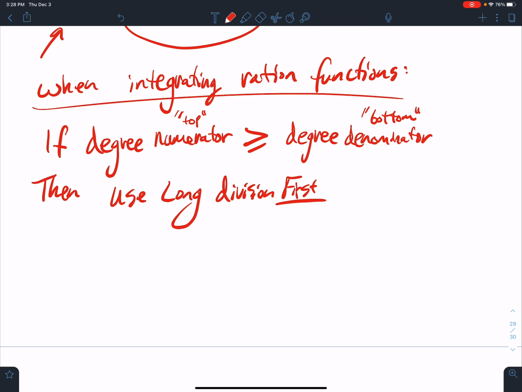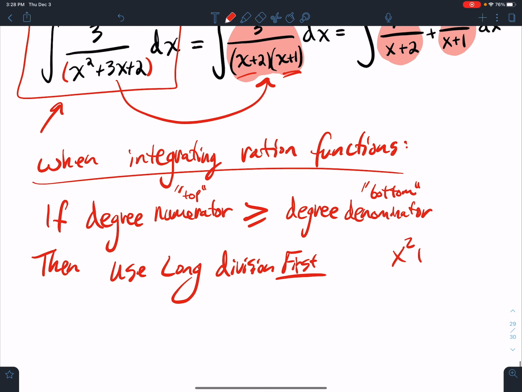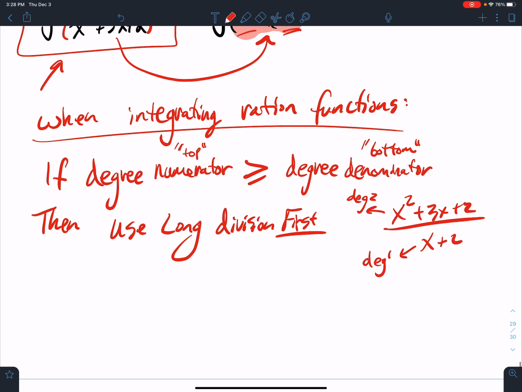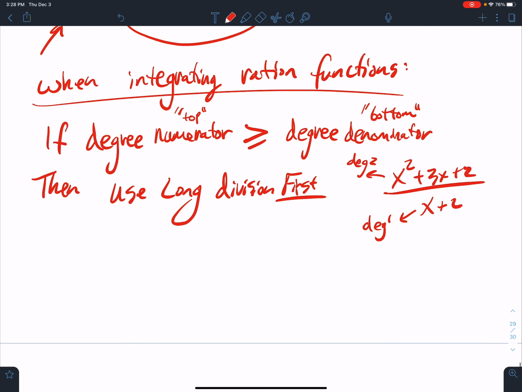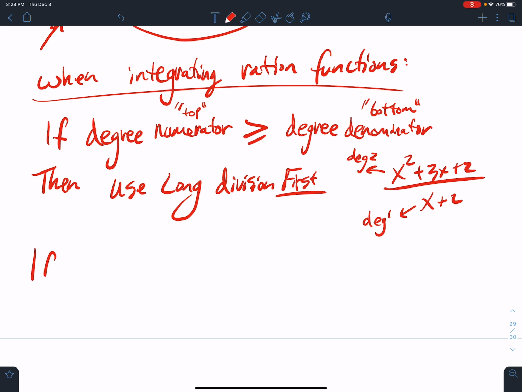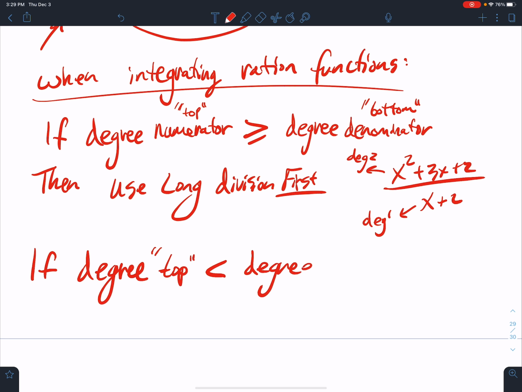Okay, so that's what you do if the degree of the numerator is greater than the degree of the denominator. That problem, x squared plus 3x plus 2 over x plus 2, had a numerator degree of 2. The denominator has a degree of 1. So the numerator degree was greater than the denominator degree. Now, if it's the other way around, if the degree in the top, we'll say top just to write it quicker, is less than the degree in the bottom,